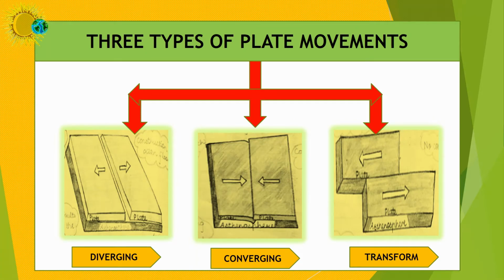So when the convection currents reach the upper part of the mantle, also called the asthenosphere, we need to remember that the asthenosphere is that layer inside the Earth above which the tectonic plates exist and float. So when the heat reaches there, because of that heat, the plates experience movements. These movements can be diverging, converging or transform. What are these movements and what are their impacts? We will see that in the next slide.